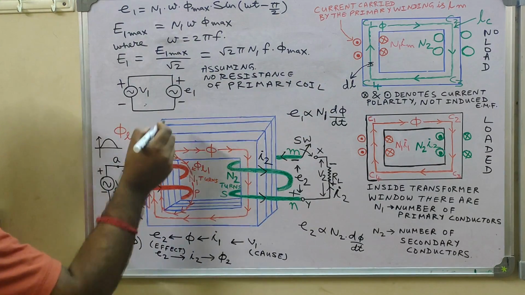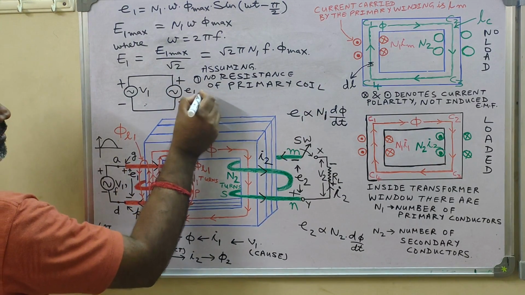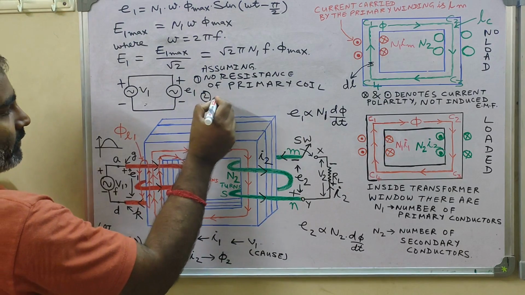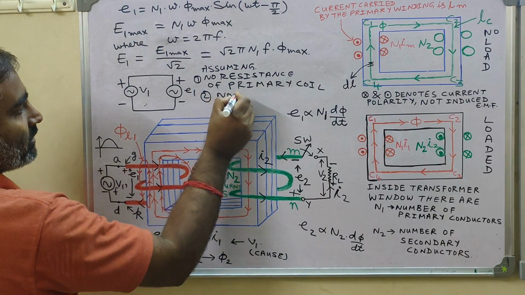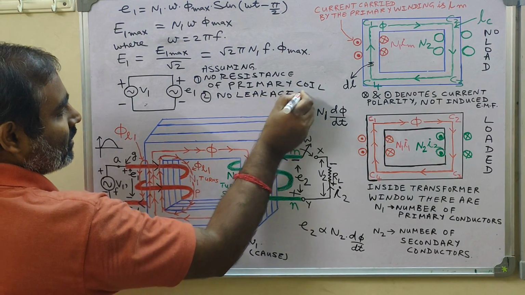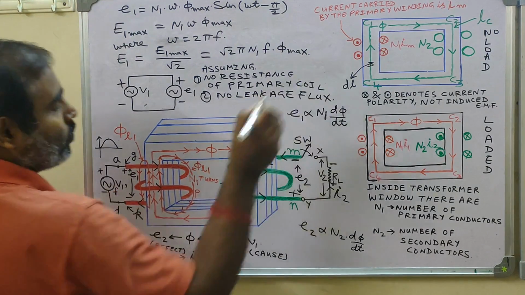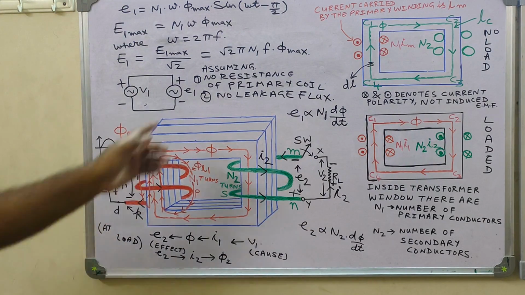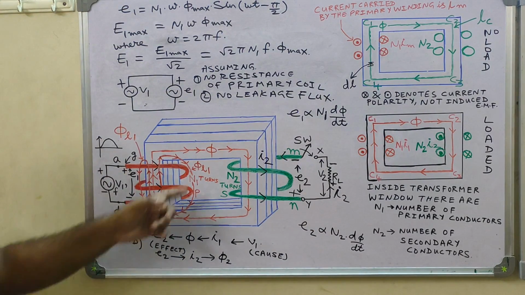This is one assumption we are making. What is another assumption? Another assumption is that there is no leakage flux. So once we assume these two, that there is no resistance of the primary coil and there is also no leakage flux,